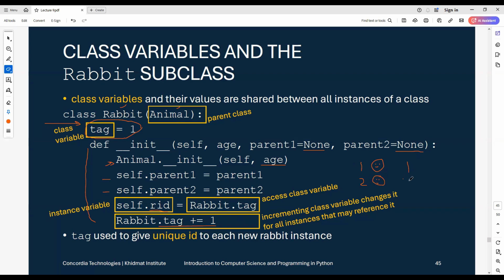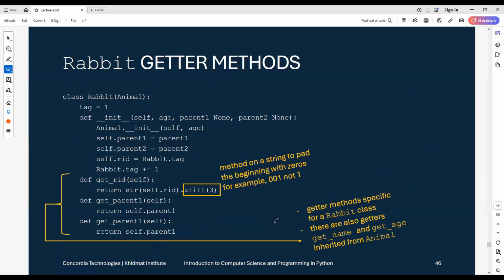So this second rabbit would get the tag of 2, and it would update the class value to 2 plus 1, which becomes 3. Now this tag would be unique to the rabbit ID that we give to any rabbit which we have newly created, because we are using this tag class variable, which is common across all instances and increasing it every time. And that's one way of using class variables and accessing it through different instances